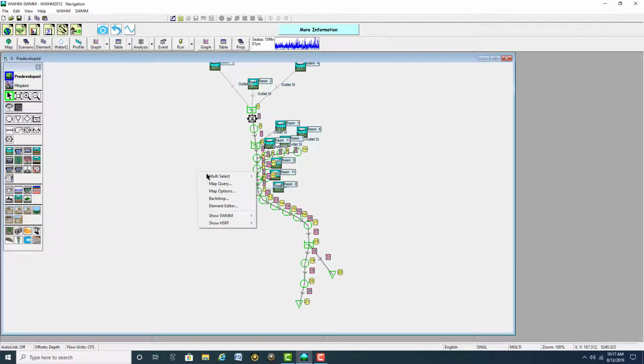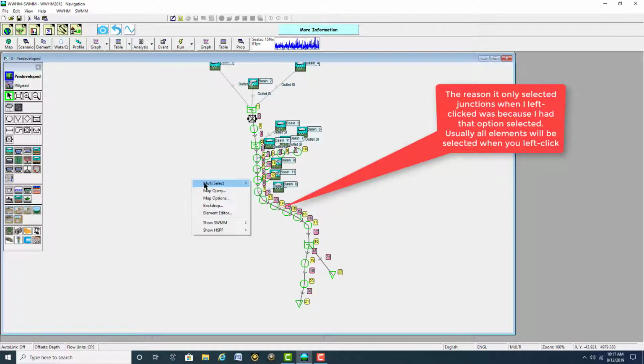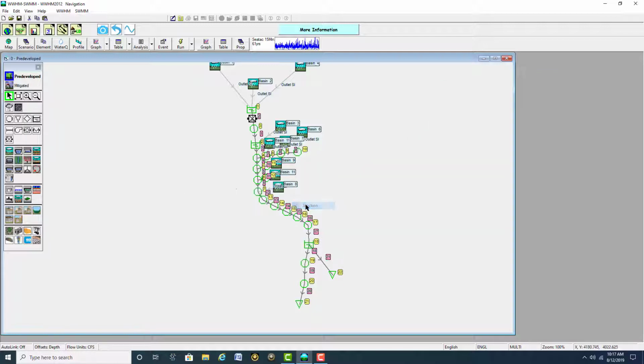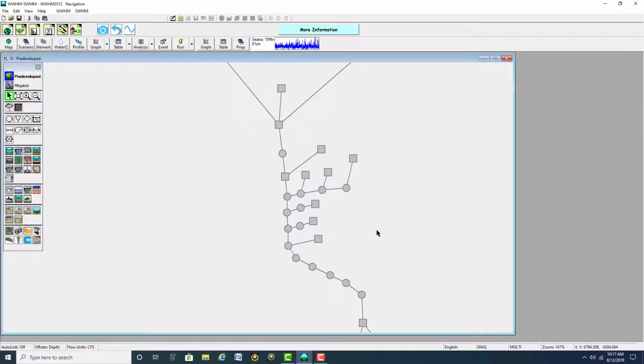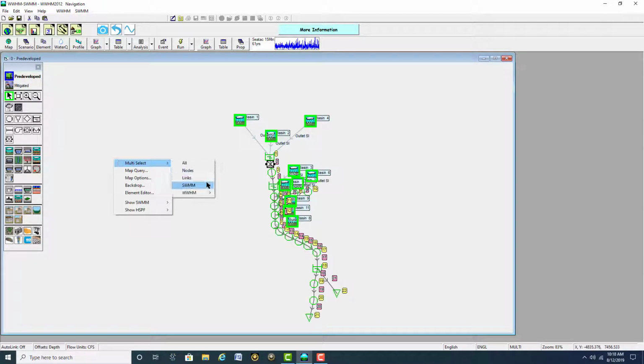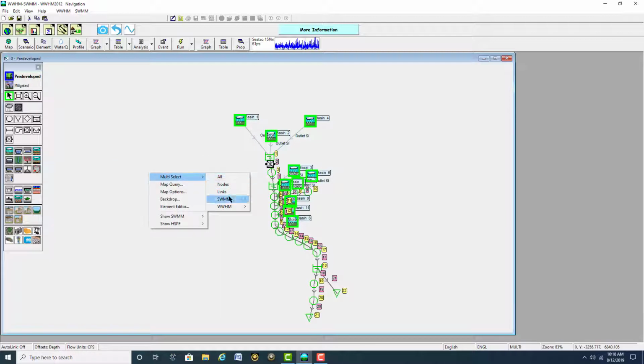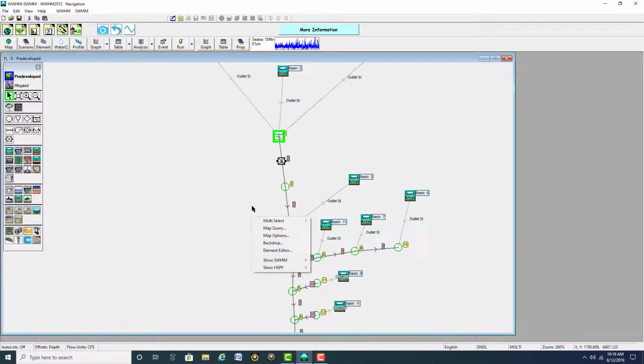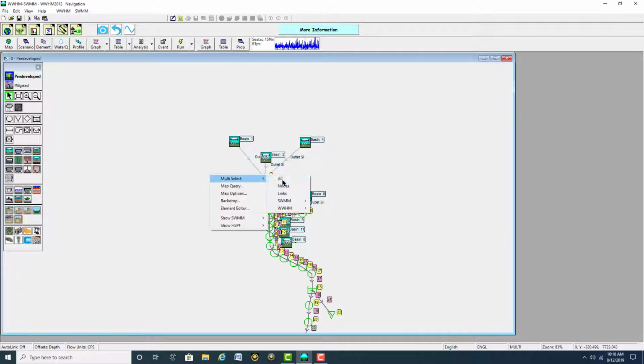Now by right clicking, it'll pull up multi-select options. So when you do use that left click to select all these elements, you can control what it selects. So let's say, I had the option junction selected, so I'm going to deselect that. Let's say I just wanted to select basins. There we go. So you see when I left clicked and dragged, it just selected basins. That's what the multi-select option does here. And you can do that for any sort of element. You can do it for storage. As you can see, it's selected the two storage facilities here, so it can work for all the different kinds of elements,